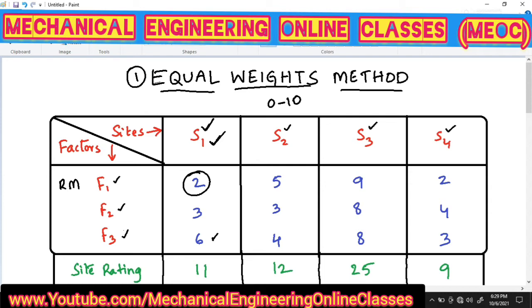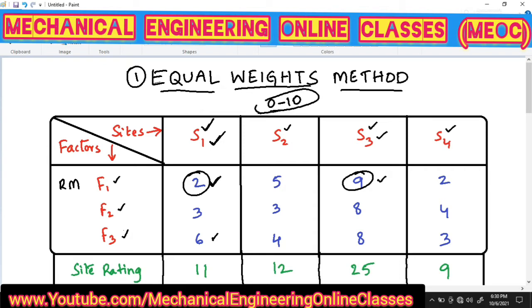So it is only 2, in the sense the raw material supply, this particular factor, is showing a rating very much smaller. So when compared to S3, the site 3, the raw material supply is more. So based on how much a factor is influencing this particular site, we are giving a rating between 0 and 10.